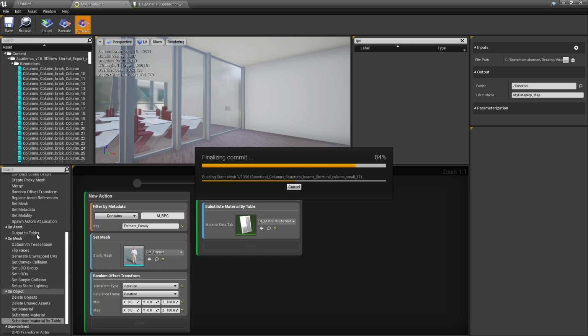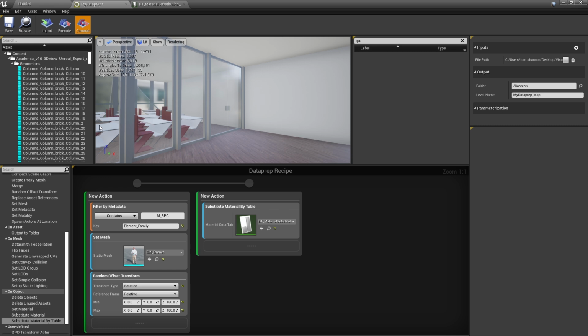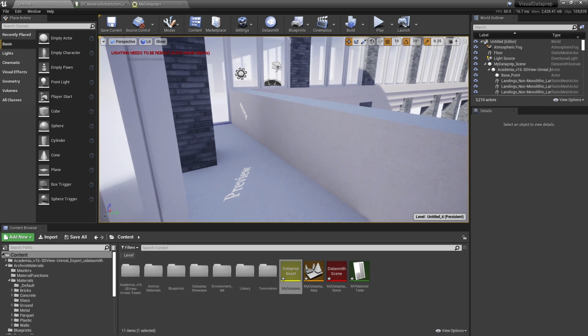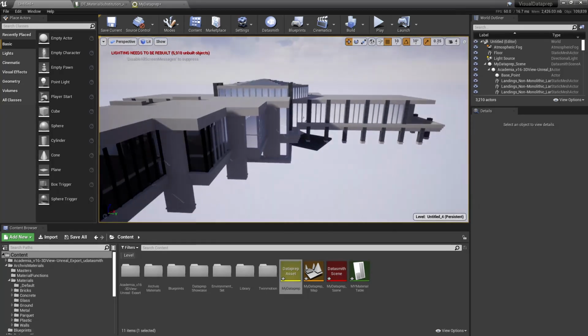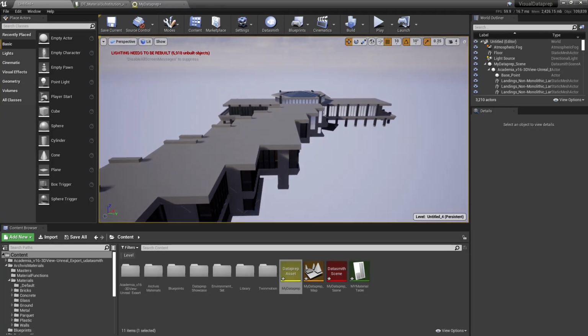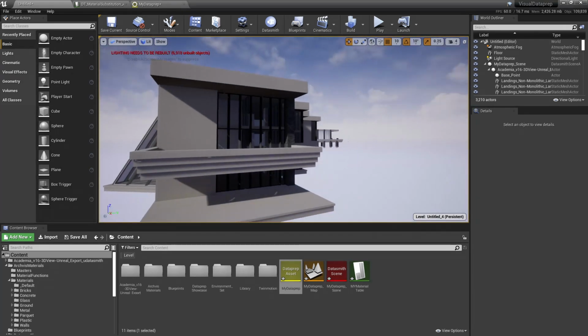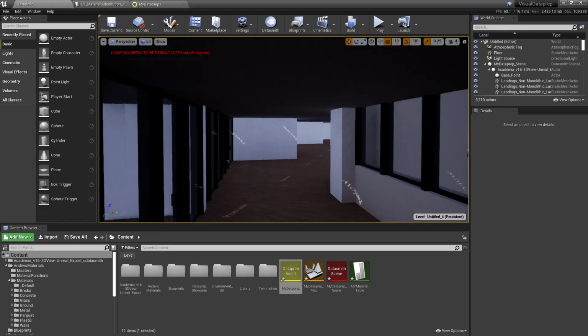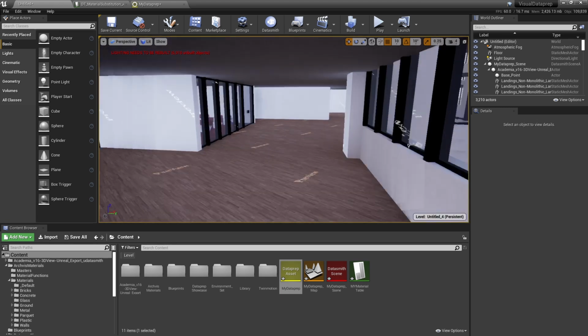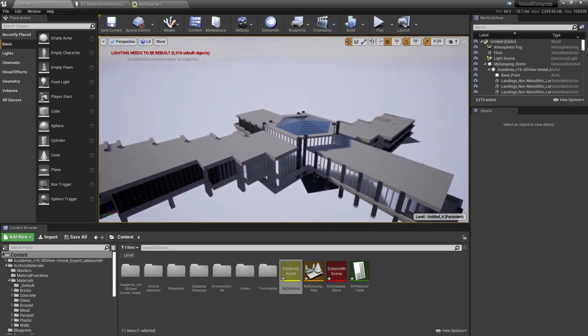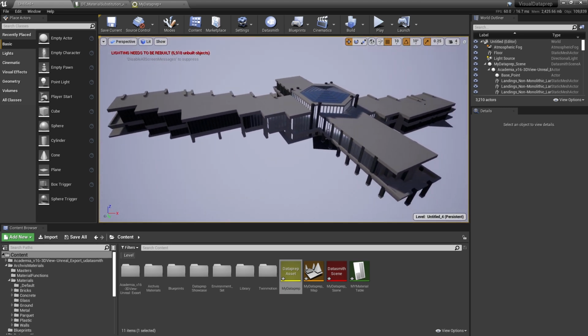Now when I do, it will take the process data and actually add it to the content browser. Now once it's done, we can come back to our main editor, and here we go. Our data is in the editor, looking really nice, ready to start working with, start building our scene around.